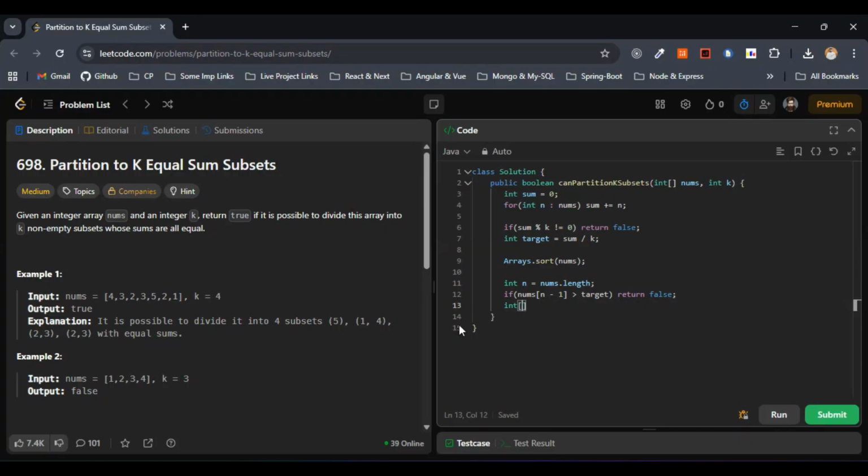So I'll just go with int here. This is fine. So this one will be buckets. So this one will be new int of k. This is fine. Let's do one thing. So we have to go with a backtrack. Means, yeah, we have to go with a